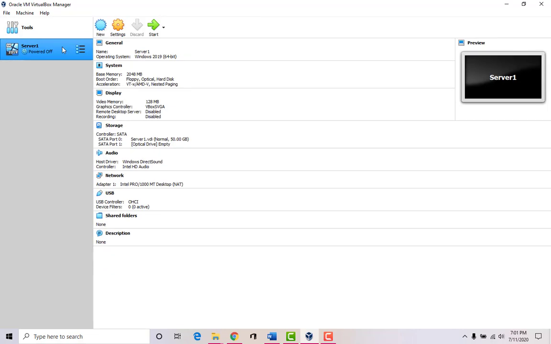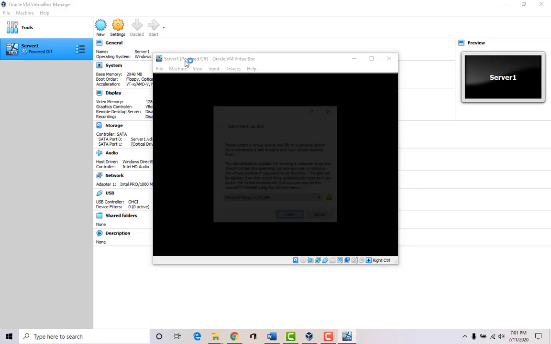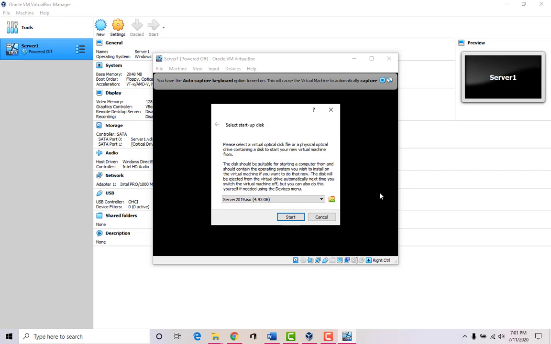We come back to the server, and I'm going to start the server. So I just click start. This is going to start basically the hard drive with the installation and everything. So click on start. This is like booting up a new computer, and it says, hey, do you want to boot off this virtual optical disk? And I said, yeah, that has my server files, so I want to boot up off of that, and I'm going to follow the instructions to install the server files.